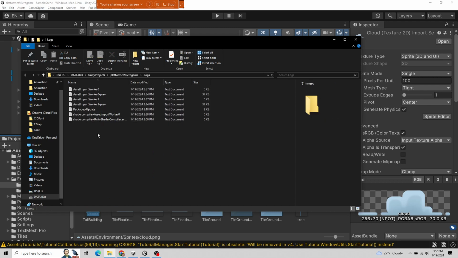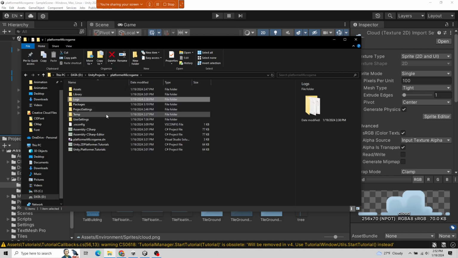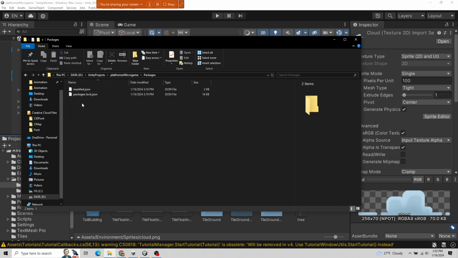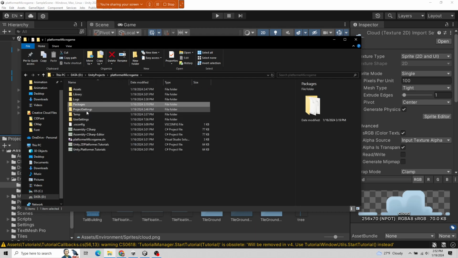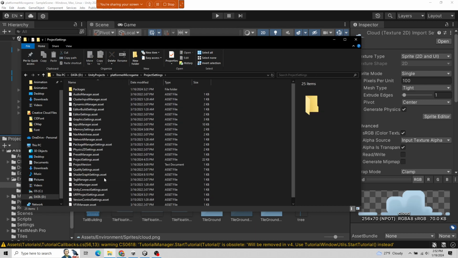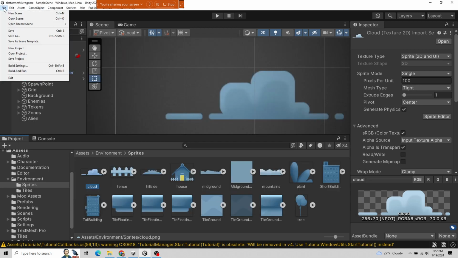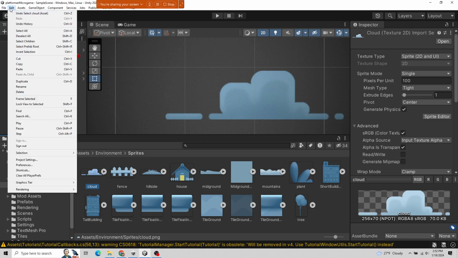Logs are kind of where, when you're building and you get a lot of automated tasks running, they kick out log tasks and stuff, and they can go here. Packages deal with the package manager, so you have some manifest files and stuff. Project settings, so there's a lot of them, and project settings are up under Edit, Project Settings,